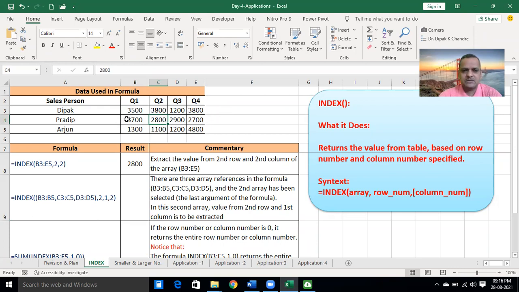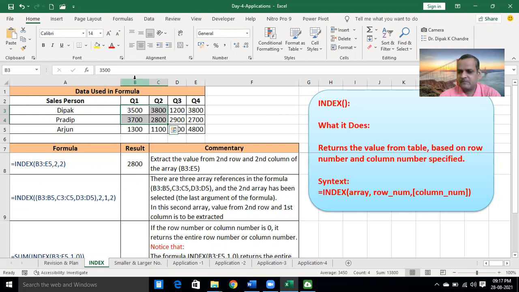It means 2 is the row number and 2 is the column number. If I need to select only this smaller table, what will be the change in the function to extract the same value, 2,800? Rakesh sir, what function do we need to insert to extract the 2,800? Can you guess it?